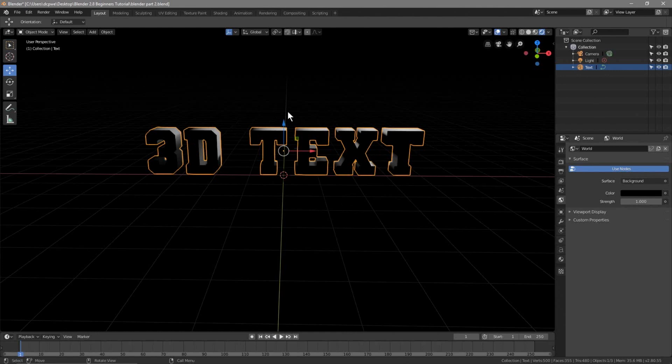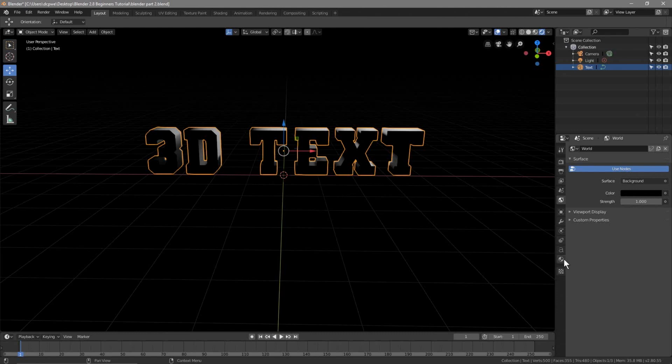This text doesn't have any material. Objects in Blender require materials, just like thinking maybe of your t-shirt or your jumper, it has a material, right? And that material has a color. So we can give objects in Blender materials and then we can set colors to those materials as well. So if we were to click on this text here,